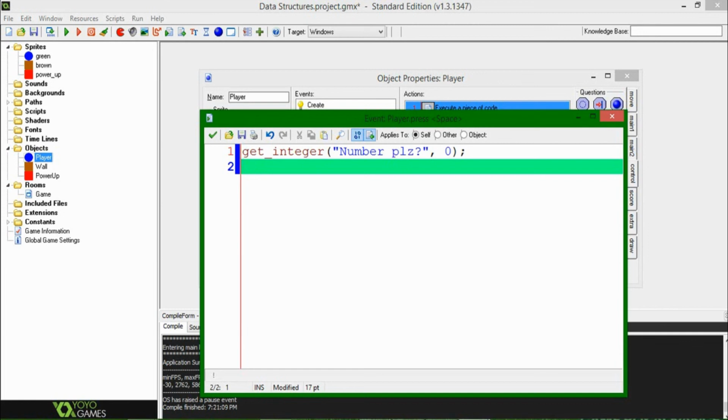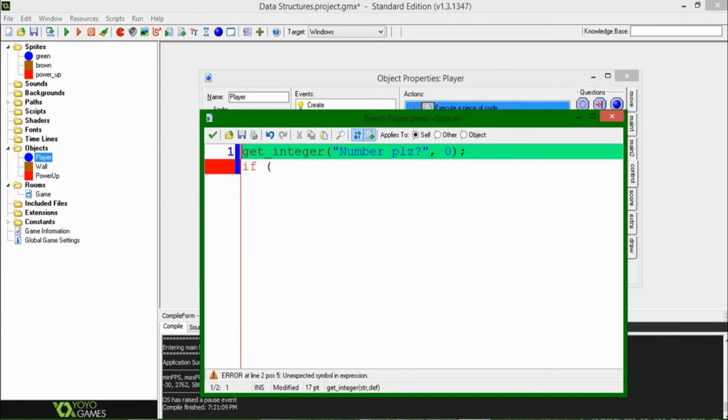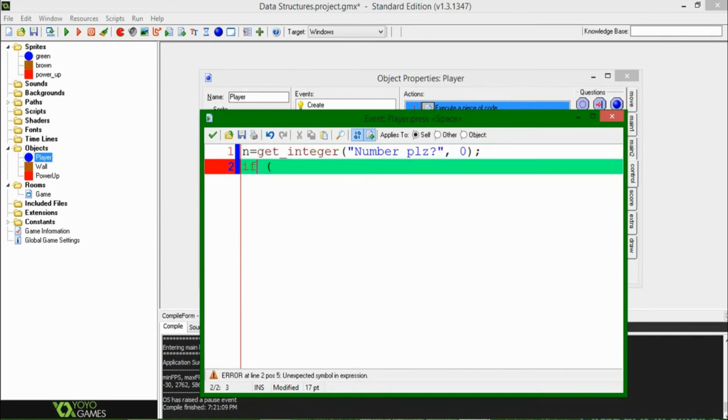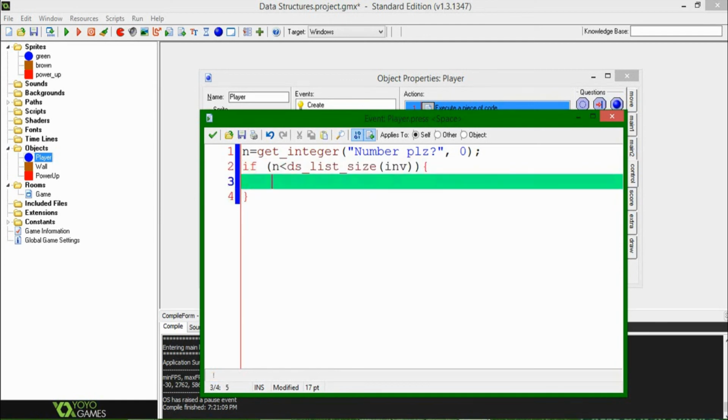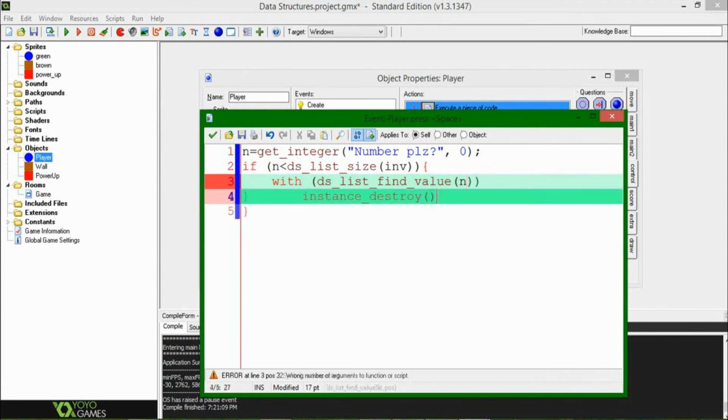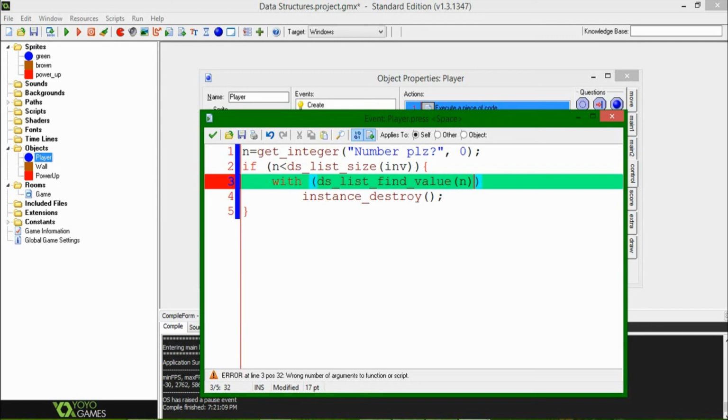But we don't want to do that, so we're going to say if, hang on, we need a variable here to collect the value. We're just going to say n. If n is less than ds list size, then we're going to carry out this code, and otherwise we're just not going to do anything. So here we're going to say, quite simply, with ds list find value, we're going to get rid of it, and it's going to go and